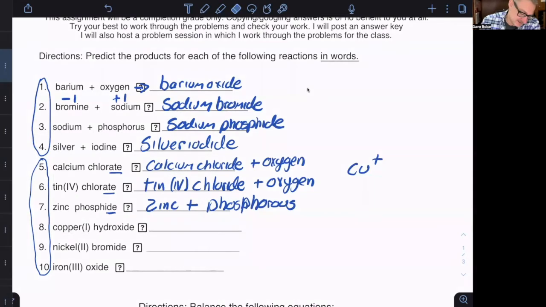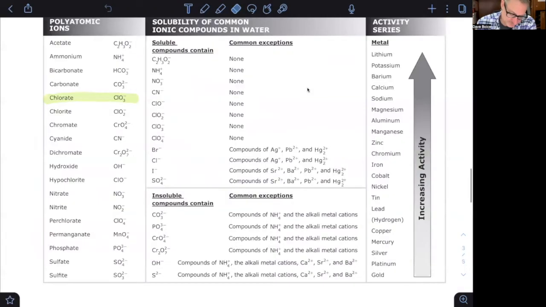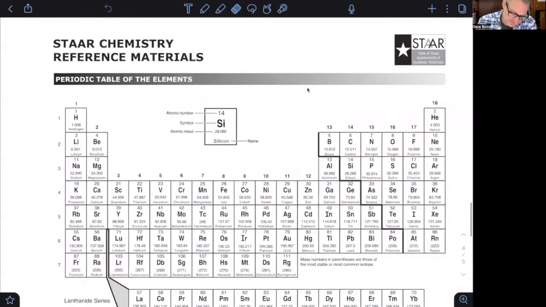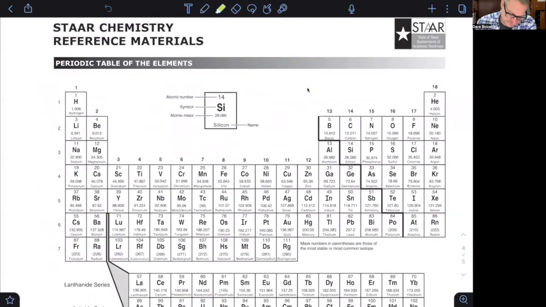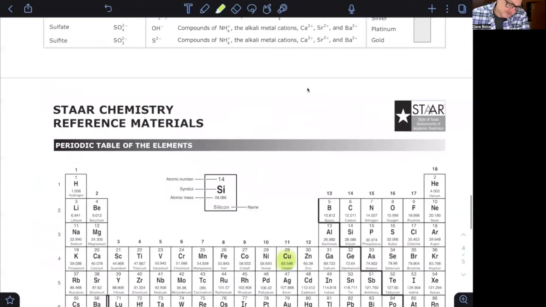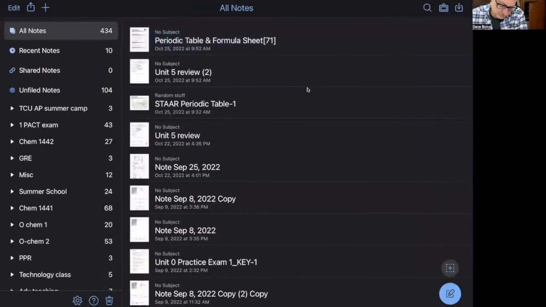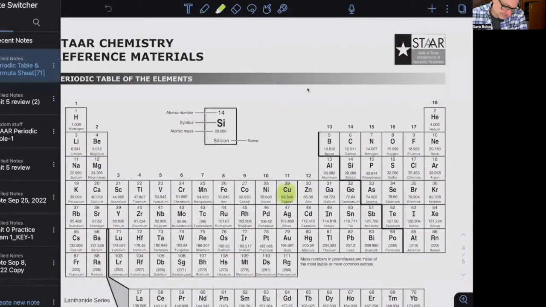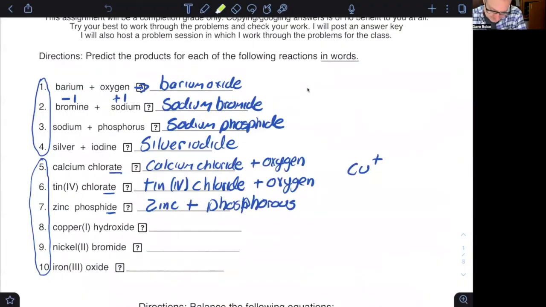Remember, copper is one of our variable charge metals. So here it is right here. Oh, oops, sorry, that's not copper. Oh, here's copper. And so that could have a +1 or a +2 charge. And when you write it as a formula, that becomes much more important. But here, not quite so much. And hydroxide is, oops,